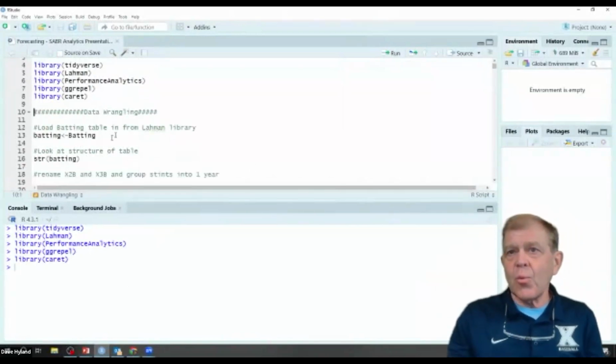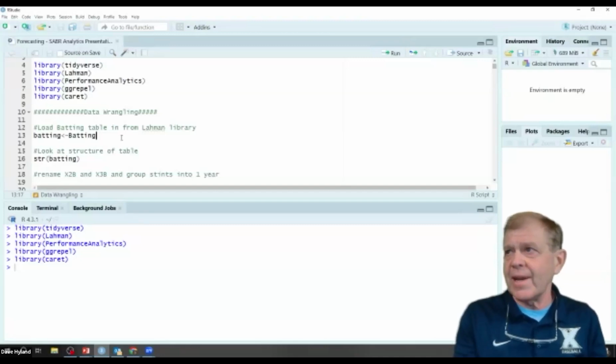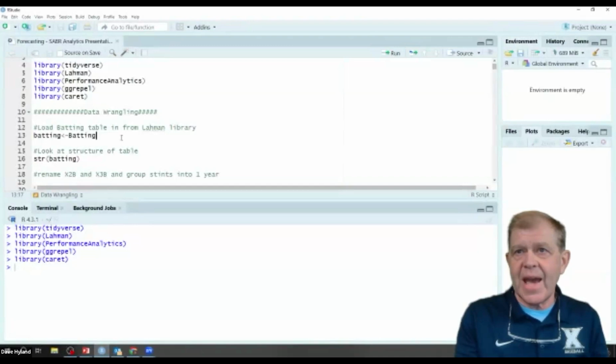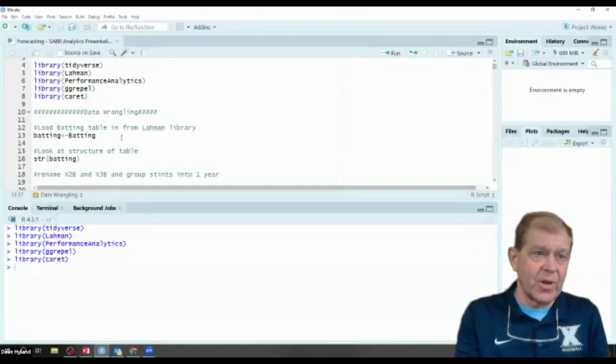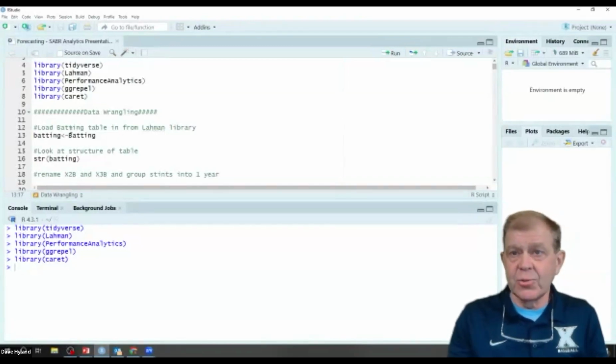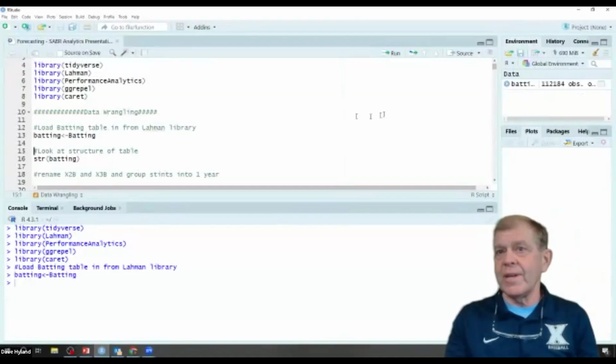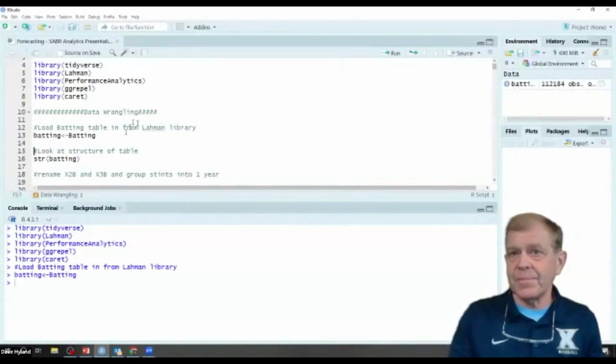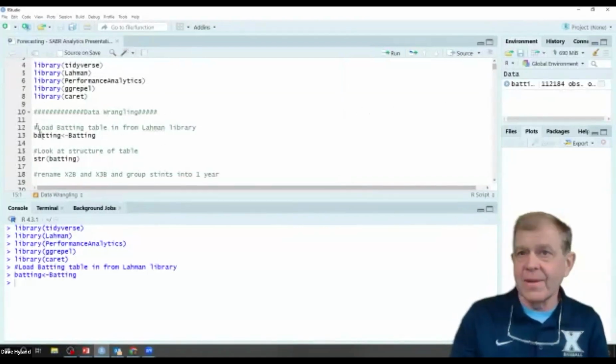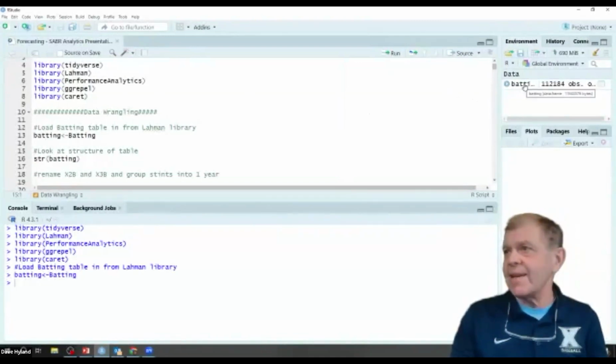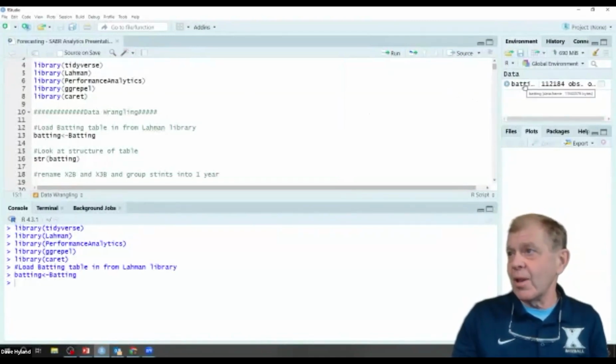All right, so if you've seen some of the Lahman stuff, the nice thing about using the Lahman data in a statistics class or when sharing data with people is I don't have to use any read CSV. I just use this Batting. Capital Batting is the batting data frame. I can load it into a data frame. I'll call it lowercase batting. Shows up over in my global environment.